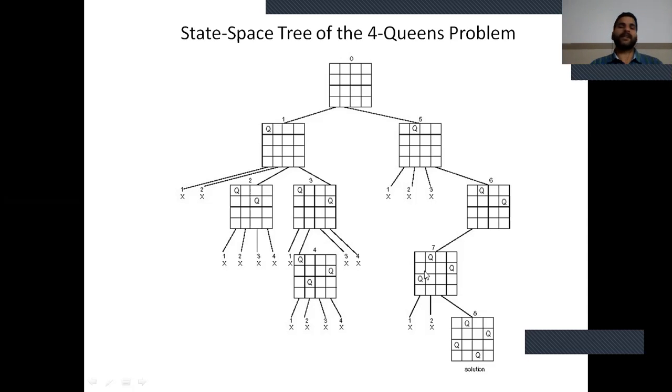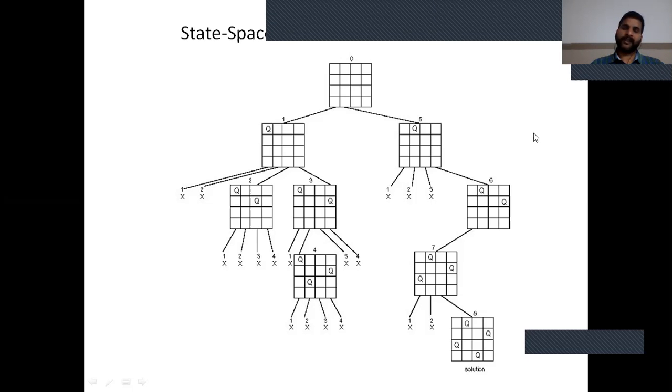After placing the third queen, we place the fourth queen. We have only the third column as an option, so the fourth queen is placed there and we find the solution. This is the state space tree diagram of the 4-queen problem solution.